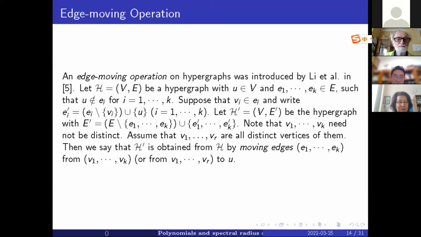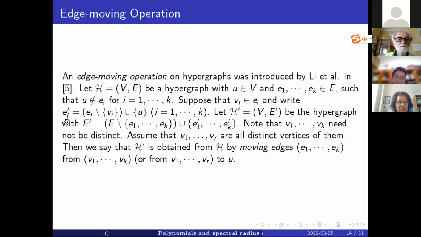Now we introduce the definition of the edge-moving operation. The edge-moving operation on hypergraphs was introduced by Professor Qi, Professor Shao and me in this reference. Let H be a hypergraph with a vertex U and edges E1 up to EK, such that U is not in E_i for i from 1 to K. Suppose that V_i is in E_i, and right,